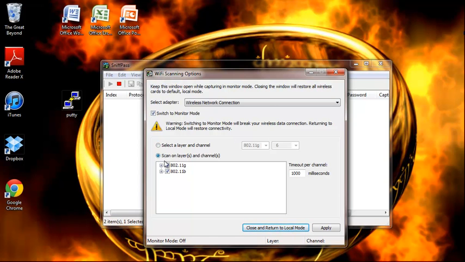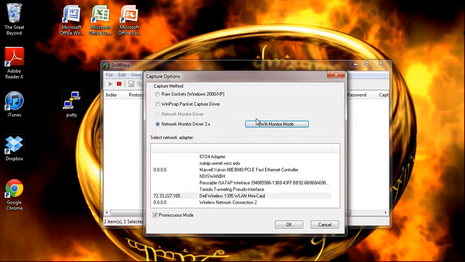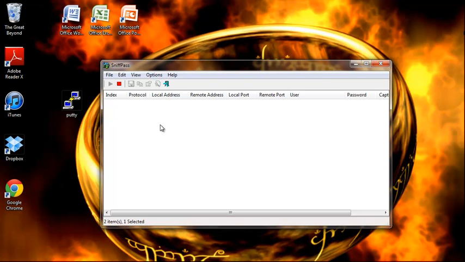You can see they've got options for which layers and which channels you want to use. You can use a specific one or just scan all of them or some combination of them. You can also set a timeout per channel, where you can dictate how quickly it switches between them. Just after clicking apply, you can see it says it's on and it's scanning, flipping between the different channels on the different layers. So this is currently working. We'll minimize that. Make sure again that we have the Dell Wireless or whichever mini card you're using on promiscuous mode, and click OK. And so that's now scanning Wi-Fi traffic for usernames and passwords instead of just local traffic,